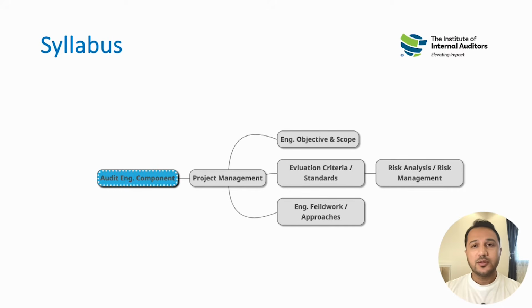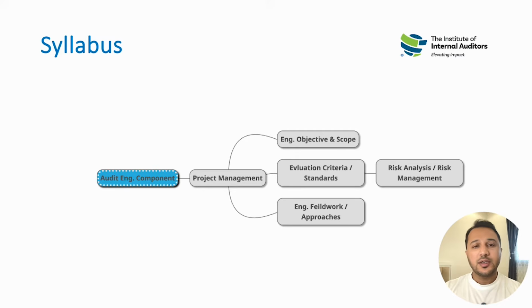However, we will start this unit by understanding the key objectives and scope of the engagement, and the key evaluation criteria and standards. Basically, first we have to determine why we want to perform this audit engagement and what we want to derive from the area which we are auditing. Then we move to the criteria or the standard: by what best practice or measure we will assess the performance of that engagement to identify the gaps or to recommend improvement areas.